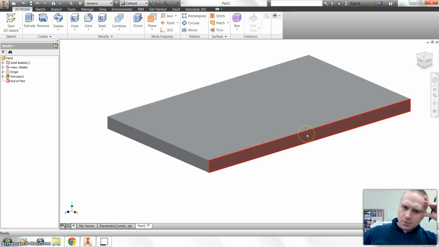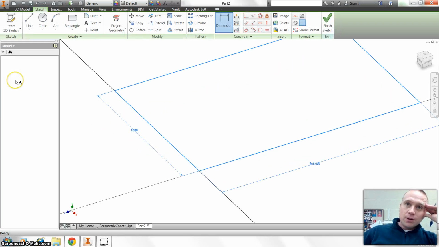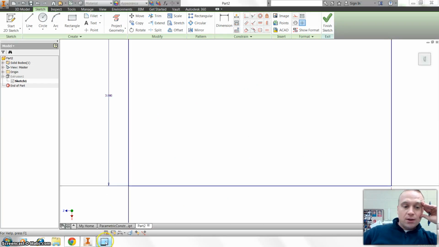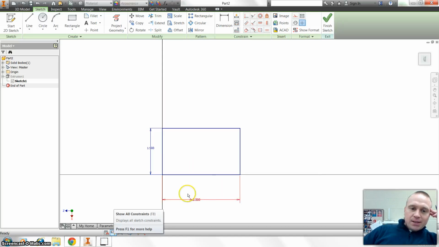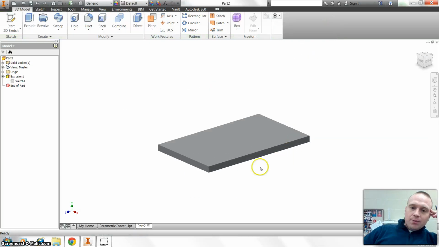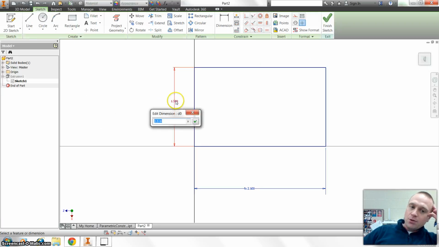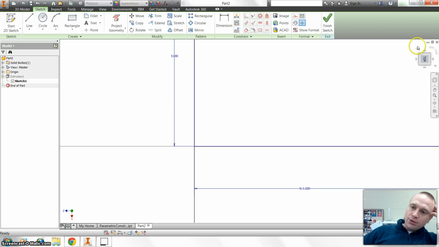And so I want to show you why we do these parametric equations. If you go ahead and click on one of those dimensions and edit that first dimension we made, let's say we make it 1.5, it will automatically scale the model down, and so it keeps the scale accurate. And so this is no longer 1/4 of an inch, it's 1/8 of an inch, because we've put in equations. And that is the value of using parametric equations when you're modeling